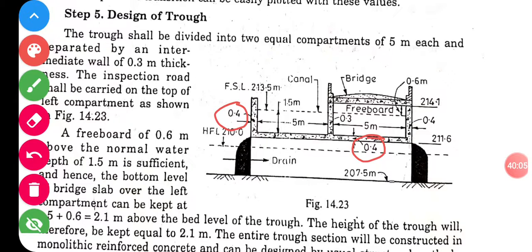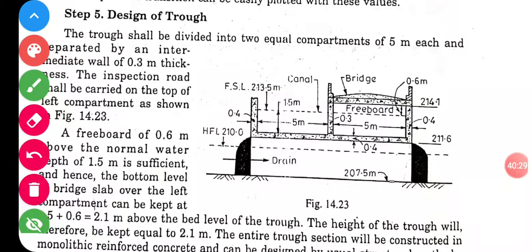And of course, depth is given as 1.5 meter, and the width you also know. So 0.4 meter, and this is freeboard, 0.6 meter is freeboard. You remember this. So only remember and write the things. Draw the sketch, a freehand sketch. Write whatever given data you have here. That is the design of trough. So 0.4 you assume, there is no worry.